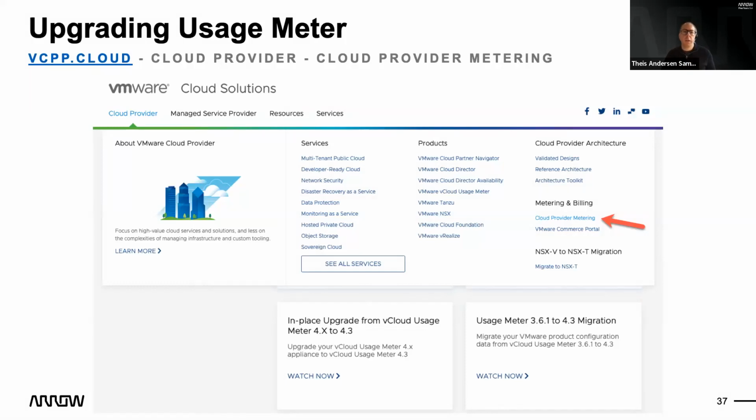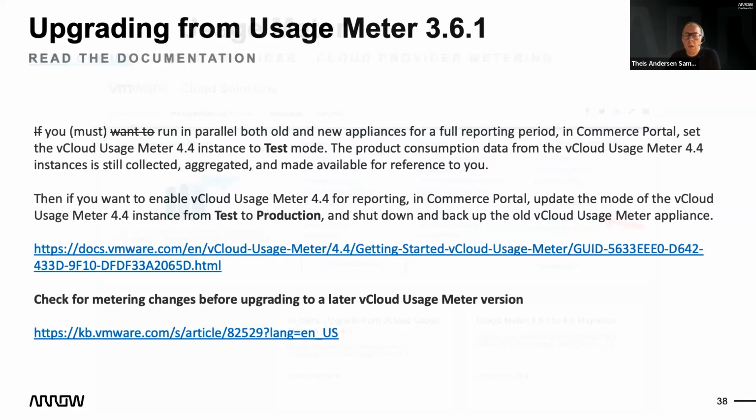And as you can see, there's a guide for in-place upgrade from usage meter 4.x to 4.3. That should apply for 4.4 as well, same process. Also usage meter 3.6.1 to 4.3 migration and how you do that. I know apparently nobody's using 3.6.1 on this call, but I included this one just to make sure that you know